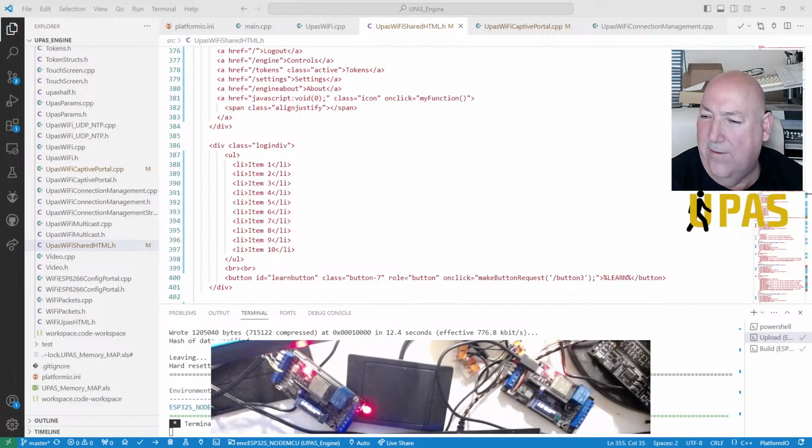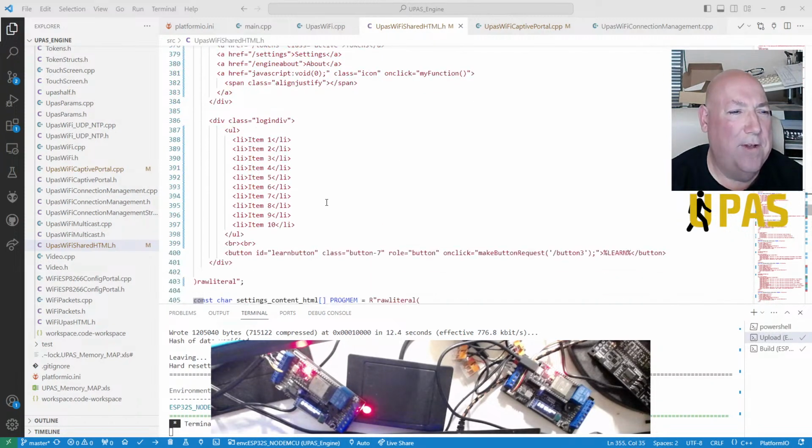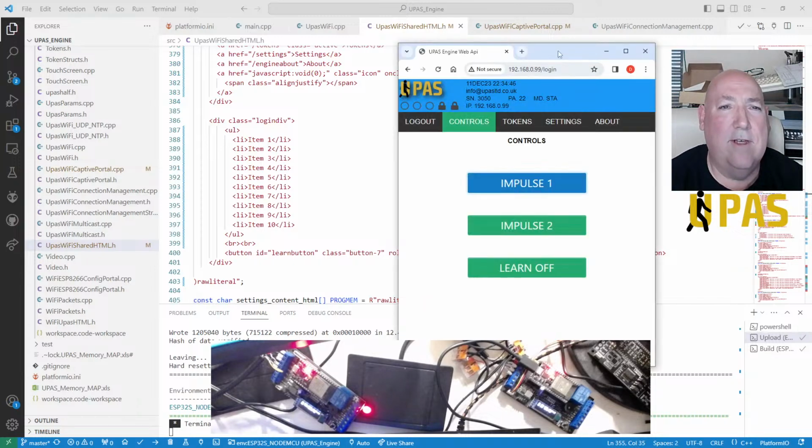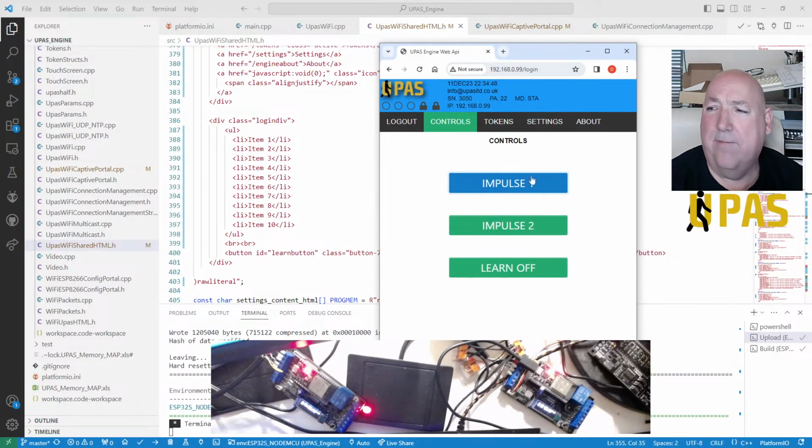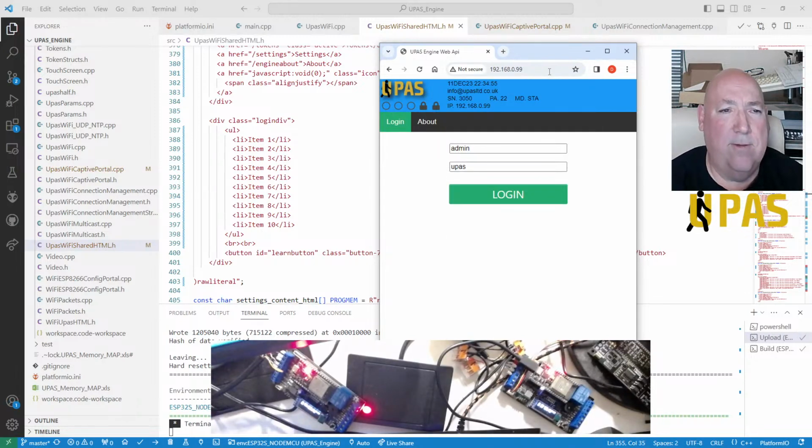Right, let's go back over to just keep my level of concentration on this. Right, so we've done the upload. So let's just have a look here. This is the web API that we've got running. I just need to go back to the root because we've rebooted the controller.